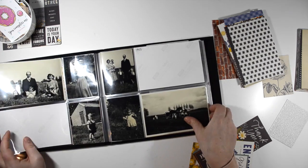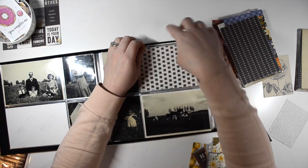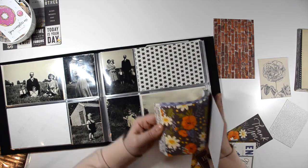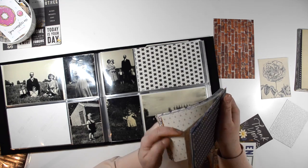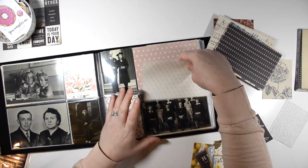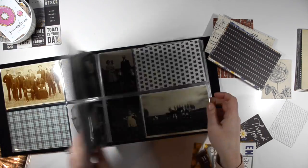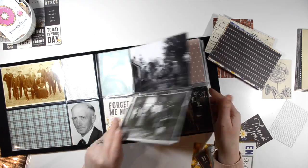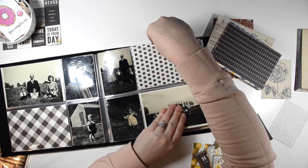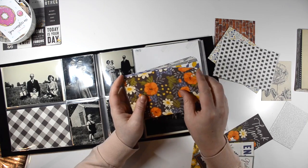So here I picked that seed pack that had pink, and I just went with the other pink papers in the collection. So I'm just popping things into pockets here. That does switch around quite a bit, but I thought this would give you an idea of how the album comes together, and I give you an opportunity to see some of the photos, because these photos are